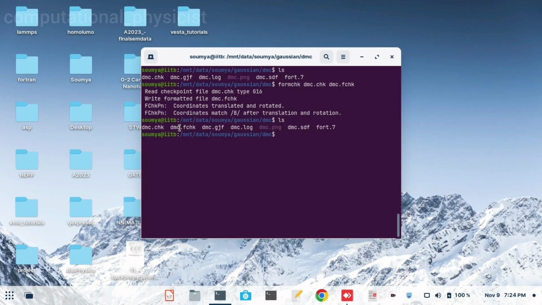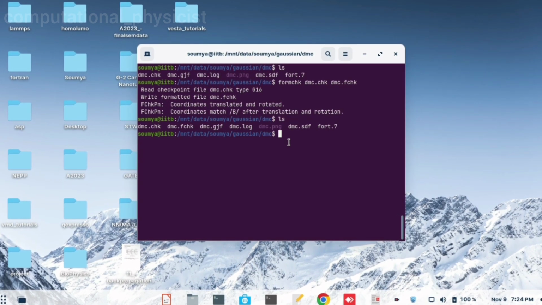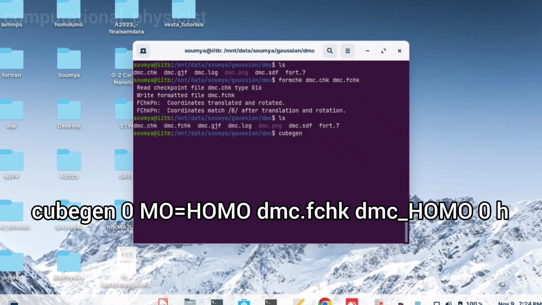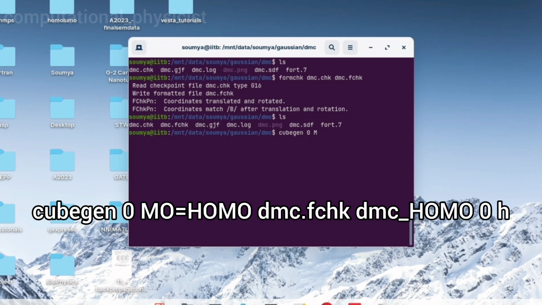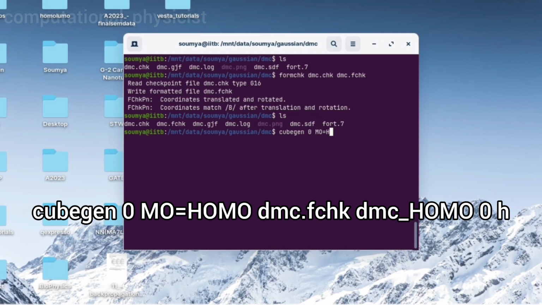Okay, now from this fchk file we have to make the cube file. For that there is another command in Gaussian, that is cubegen, then 0, and we have to specify which cube file we want to produce. So here MO, molecular orbital, is HOMO.